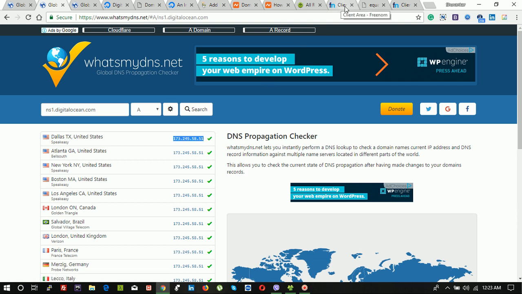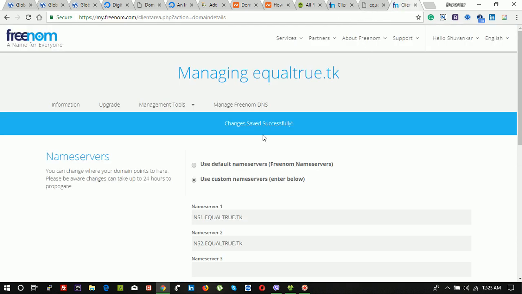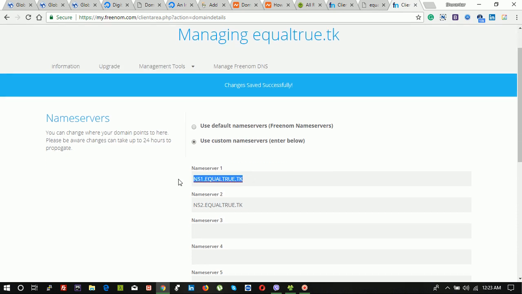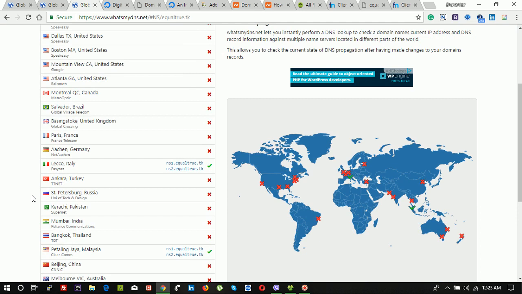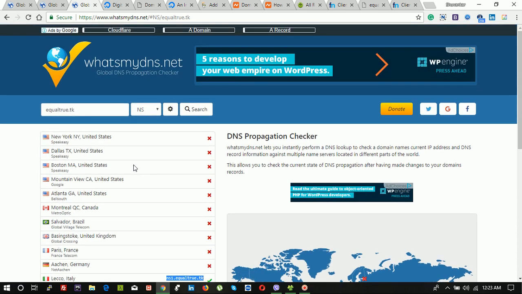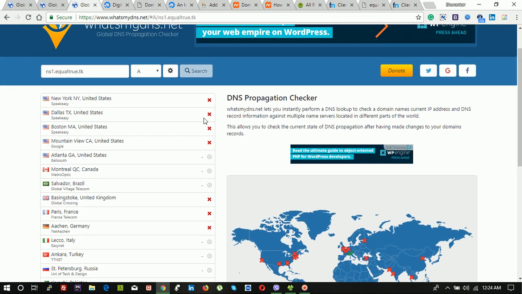Now we are going to use our private name server. I am using ns1.equal-to.com and ns2.equal-to.com already, and searching for it. Okay, some zones have changed the DNS record. Now we are going to check whether this NS record is live on the internet or not. Look, this is not found on the internet. No IP is assigned for this NS record. Now this is the part where we assign an IP for this NS record.